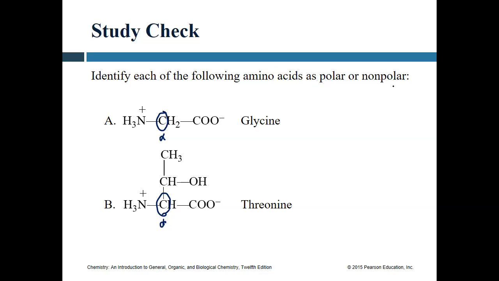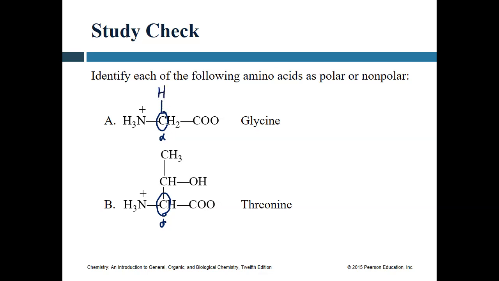Can I identify these as polar or non-polar? Remember the guidelines: if it's hydrocarbon, it's non-polar. If it has a polar side group, so we're looking for nitrogens, oxygens, sulfurs in particular, then it's going to be polar. So for glycine,